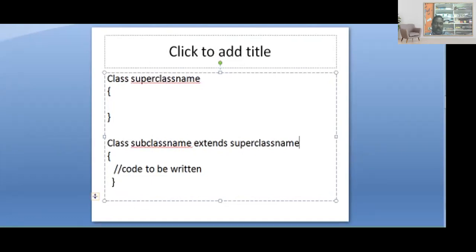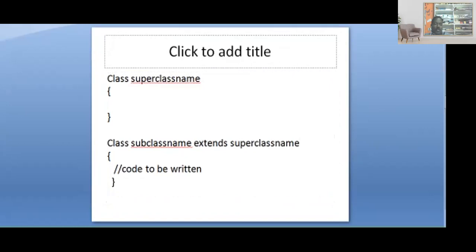Once again, the parent class is also called the superclass or base class. The child class is also called the subclass as well as the derived class. We can use any of these names.